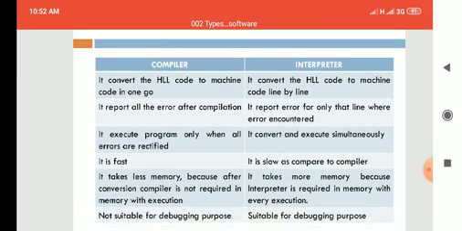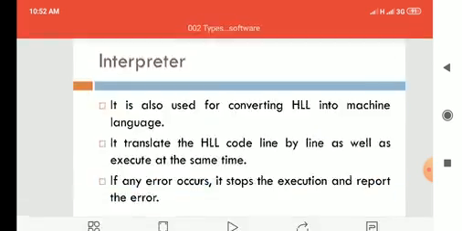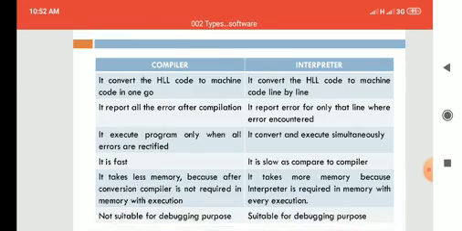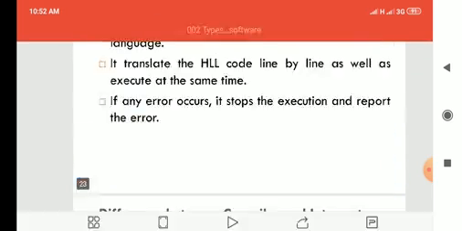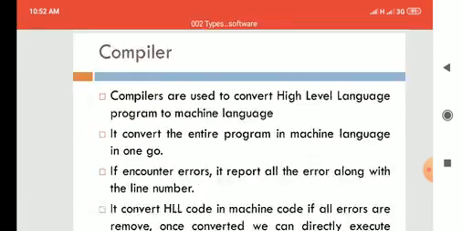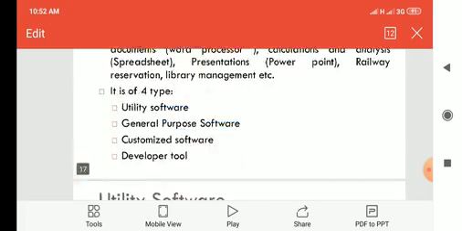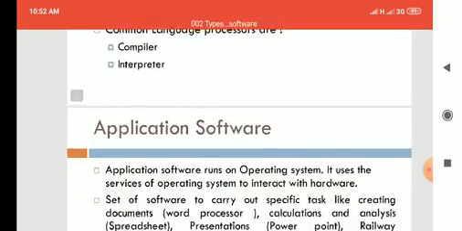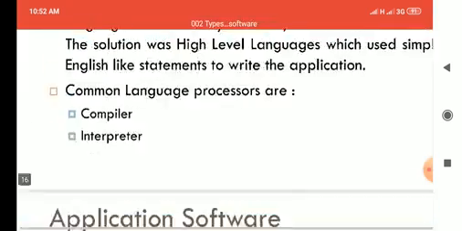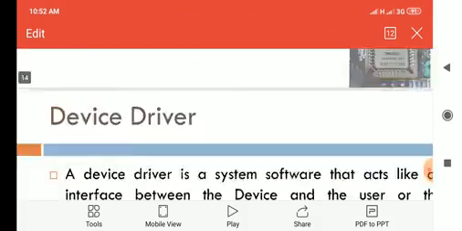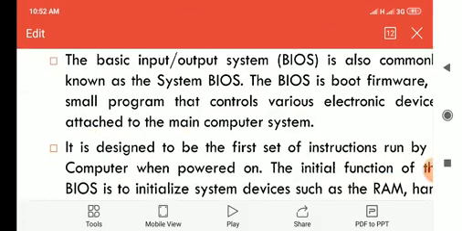I hope you will be understanding all these things. Next chapter we'll be discussing in next class. Just to make a summary of all those things. And your homework is, you write all these homeworks in your observation itself. Just write what are the application softwares we are using in our day-to-day life under the different categories, like what are the customized software, what are the few examples for each category.